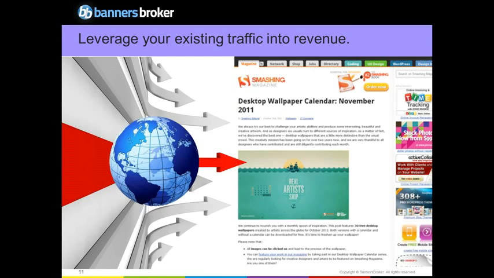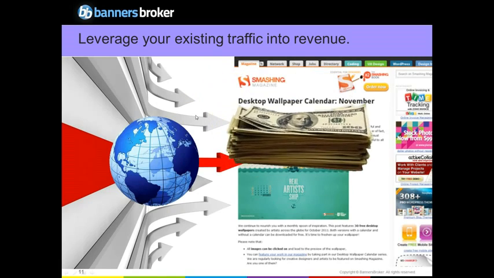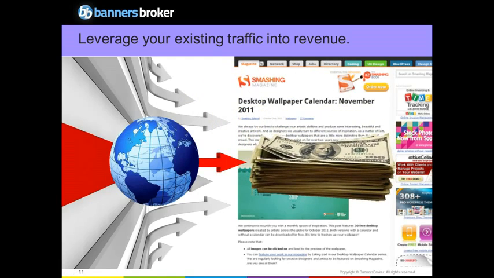So here I have a website. Let's say it's abc.com, and I have significant traffic. So with Banners Broker, what we give you the opportunity to do is you have the website, you already have the traffic. If you agree to be a publisher, you tell us the size of banners you're willing to put on your website. You tell us the location. We're going to send you a code, which you will put on your website, which now will have ads appearing on your website. And folks, you take the existing traffic and turn it into revenue. Okay? It really is that simple. Publisher, there's really nothing for you to do except take the code we give you, put it on your website, and you're good to go.